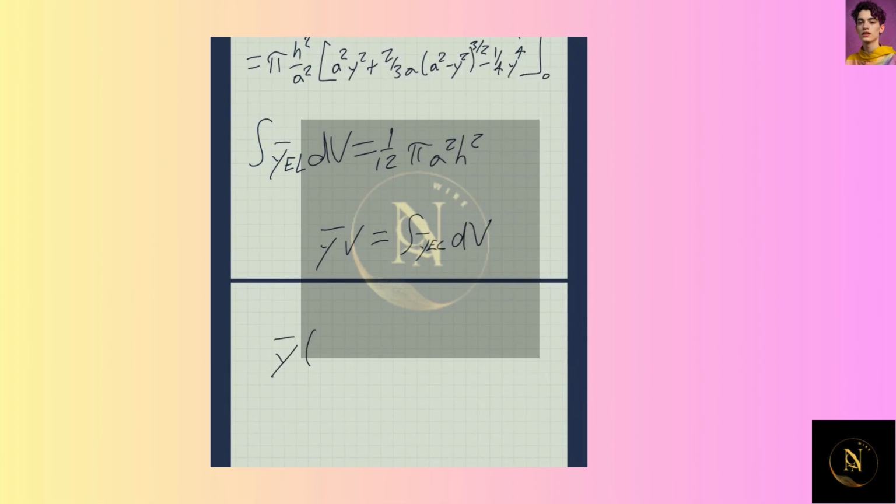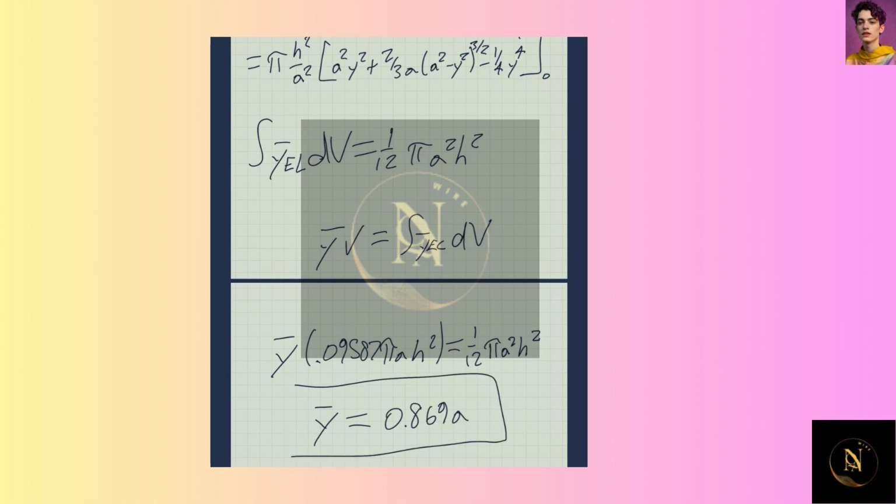Now we know enough to solve our original equation. So we plug in the volume we found, the 0.09587 pi a h squared on the left side, and then we can plug in the differential element on the right side. And solving for the centroid in the y direction,